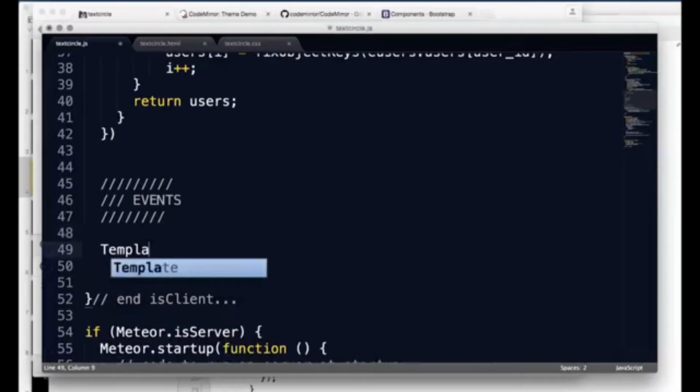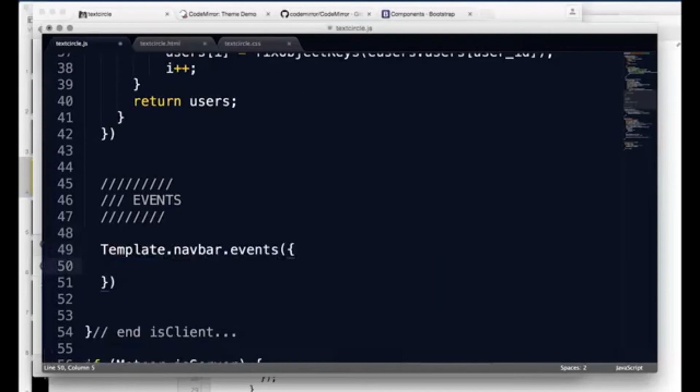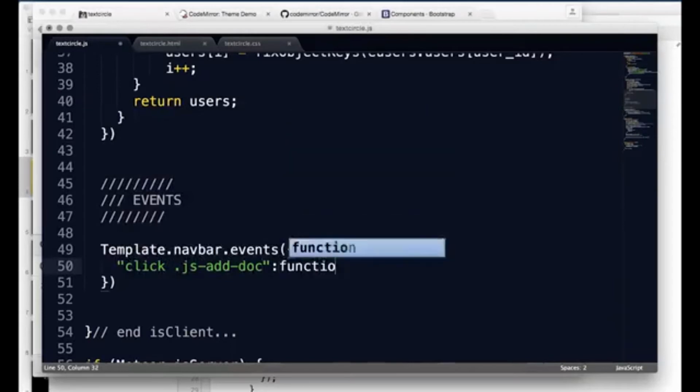events. Now later in this module we're going to go back through this code and reorganize it into folders and make it much more clear. At the moment we'll stick with this big monolithic file. So I do template, then the name of the template, which is navbar events, and I pass it a property set, and I have to say what type of event and then the class of things that I want to bind it to, and